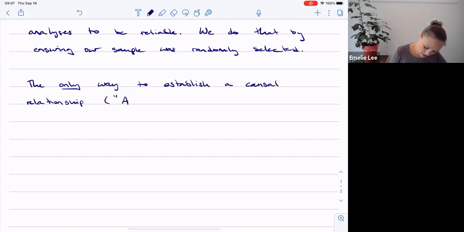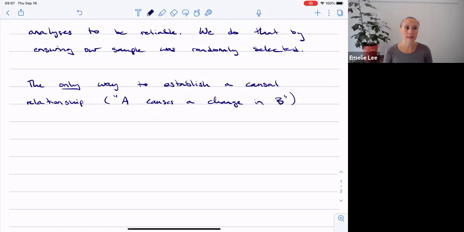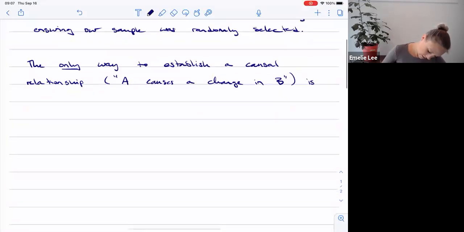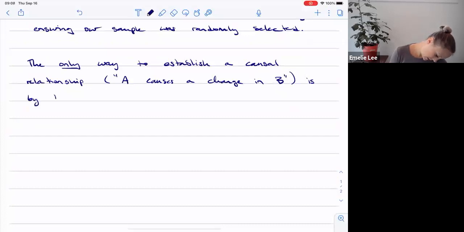Being able to say something like A causes a change in B, right? That would be a causal relationship, right? So the only way to establish that is by doing an experiment